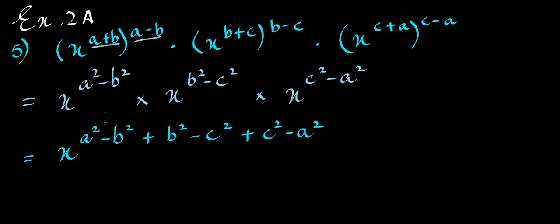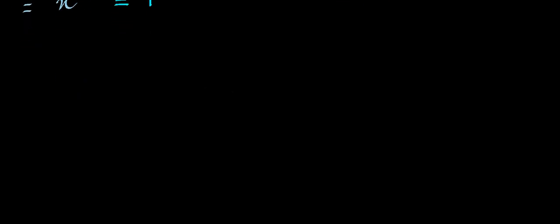Now if you notice over here, this a square positive will get cut by the a square negative. Minus b square plus b square, again 0. Minus c square plus c square, again 0. So what's left? We have x raised to 0, which in turn is equal to 1. Any base raised to the power of 0 is equal to 1. I hope you understood. Let's move to the next question,